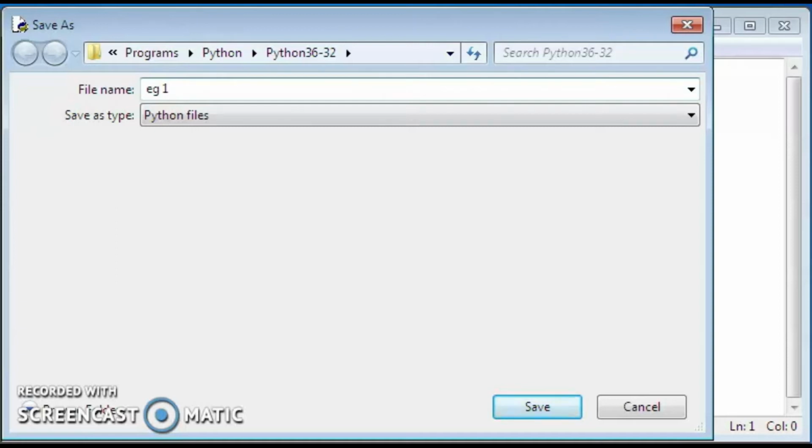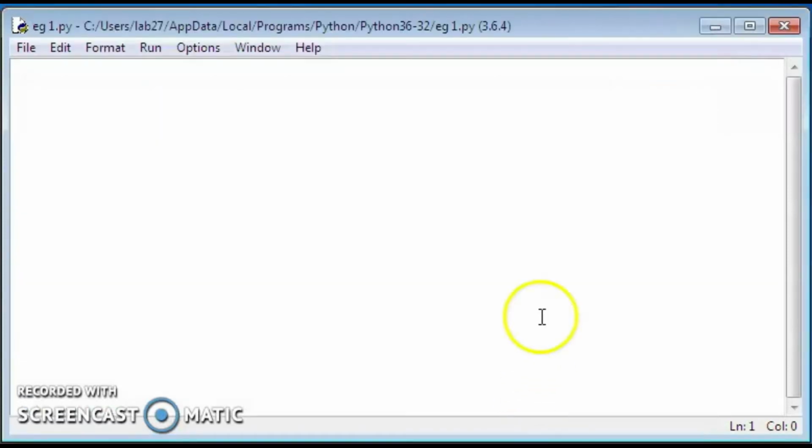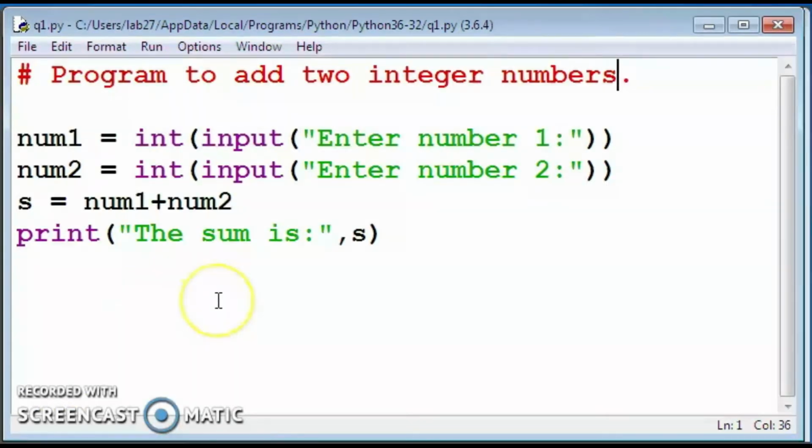That extension is .py. Then click on this save. Then that particular program is stored in that name, e.g. 1.py. Okay, clear?